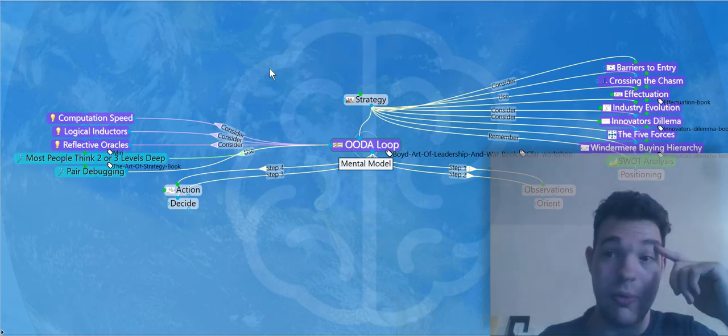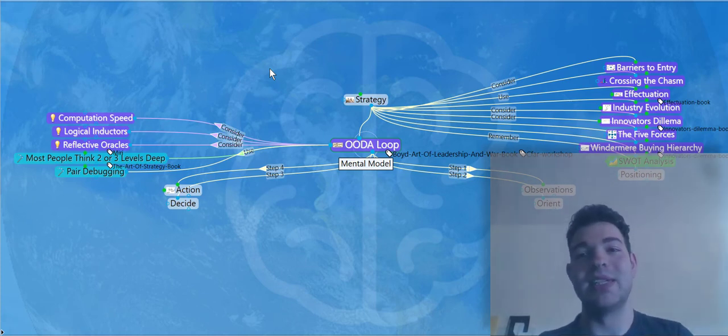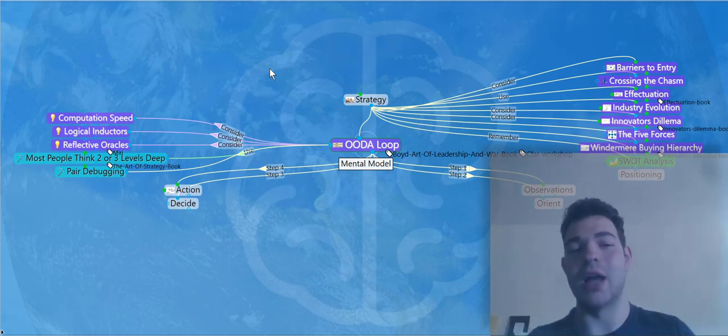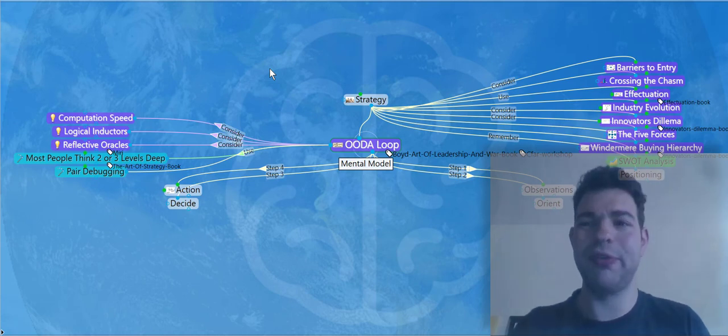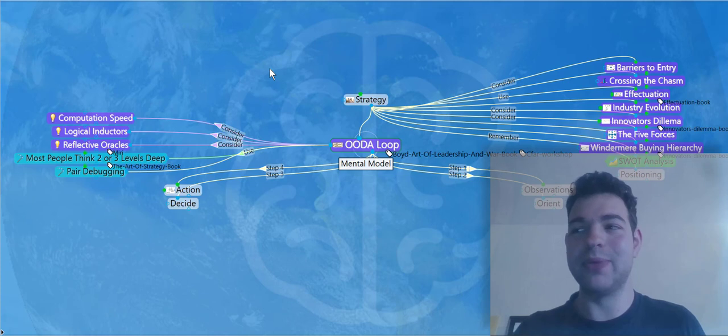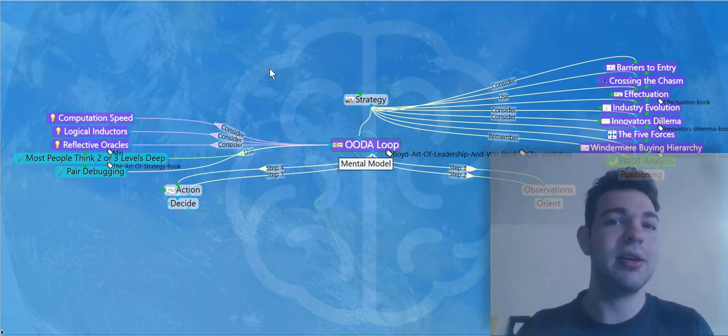Now, there are some really interesting tie-ins here, both with the speed and with this recursive getting inside people's OODA loop, with AI research. Specifically, some of the research MIRI, the Machine Intelligence Research Institute, has been doing into reflective oracles and logical inductors. What reflective oracles were, my understanding was that they were using computation theory to give a basis for